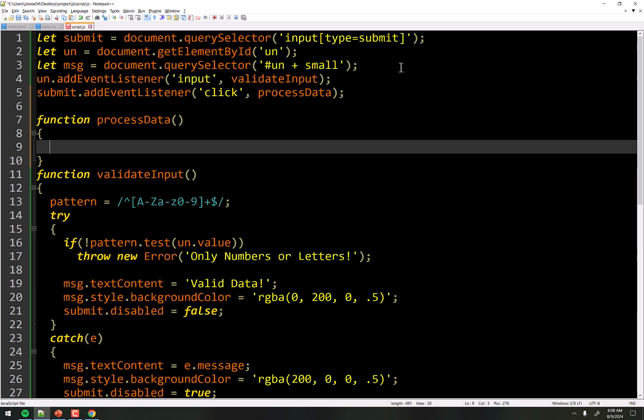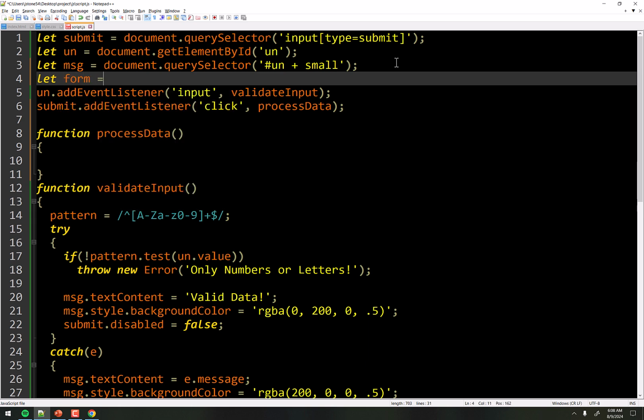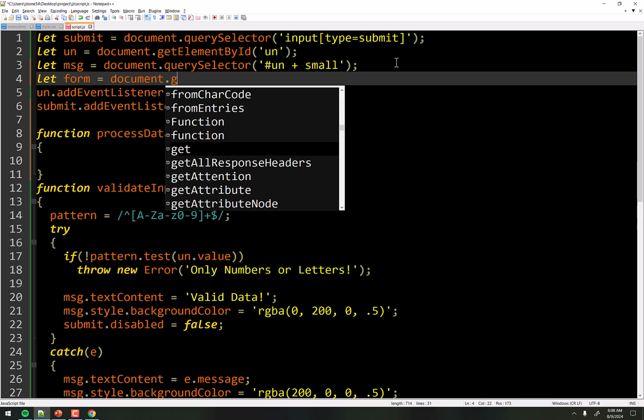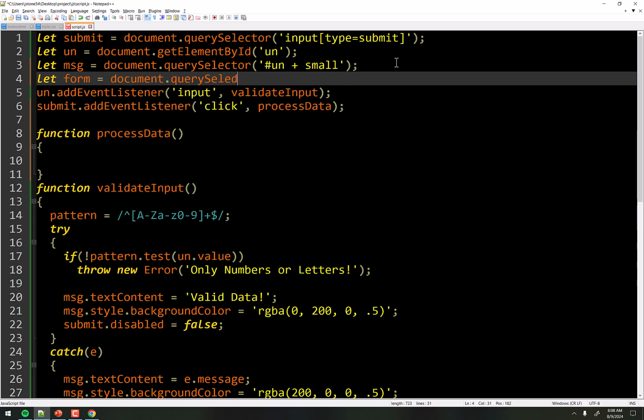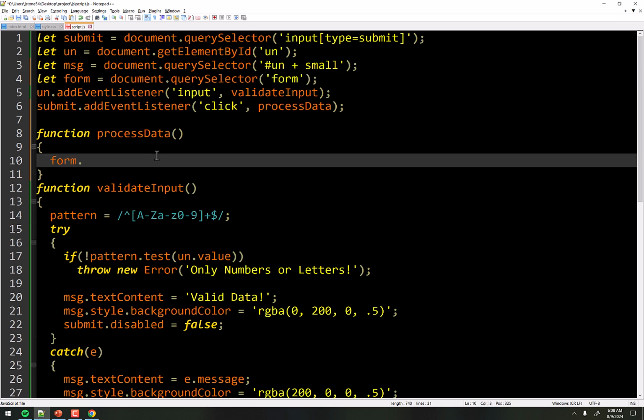And so let's grab it so we have access to it. Let form equal document dot query selector. And down here, dot remove child. This is a new one. I could just set display none, but I want to completely remove it from the DOM just for purposes of showing you that this is a thing you can do, right? So remove child. So let's refresh and see what happens.